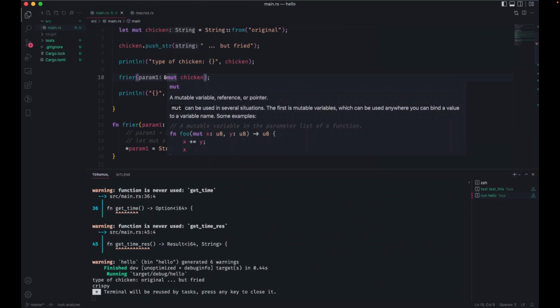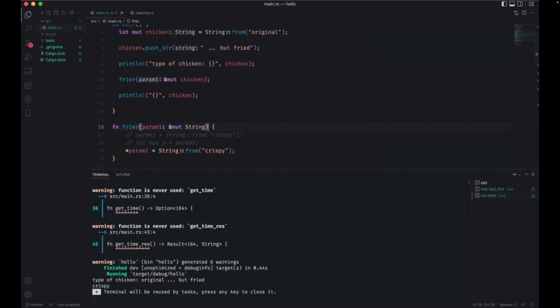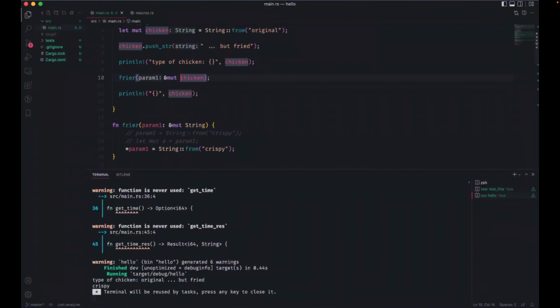In the function signature, we're saying this is what we expect to come in. Param1 has to be of this type, a string reference, which is mutable. It's constrained to that type. Otherwise, the compiler will complain. Rust is very strict and annoying with the type safety.